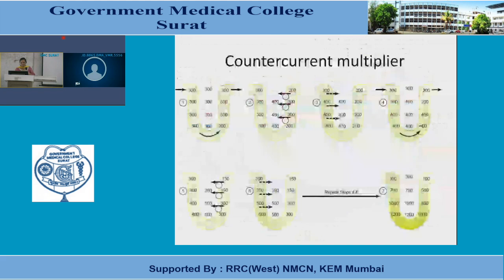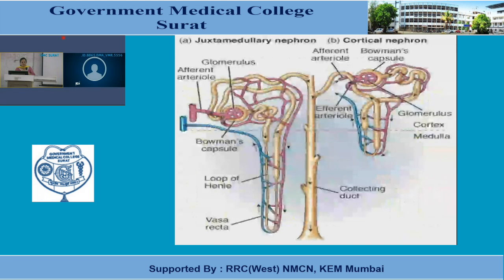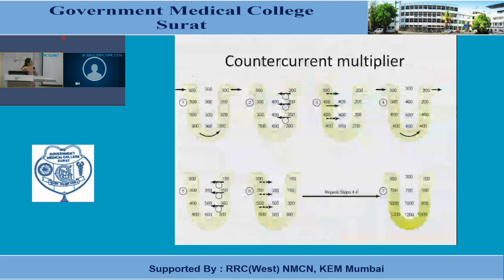So these are the cortical nephron, and you can see the medullary nephron. So see the long loop of Henle. It is very, very important, which I told you beforehand. So this is the countercurrent multiplier. In part 1, 300 milliosmoles in the proximal limb. Solutes are also passing along with water, so osmolality is not changing. So the medullary interstitium will have the same osmolality. Now as we go further, more of the solutes will be passing and less water, and ultimately you can see the osmolality increasing, and the medullary interstitium gradient is increasing, that is about 200.